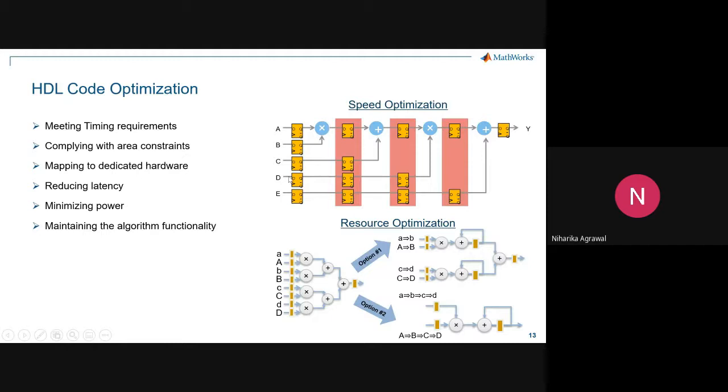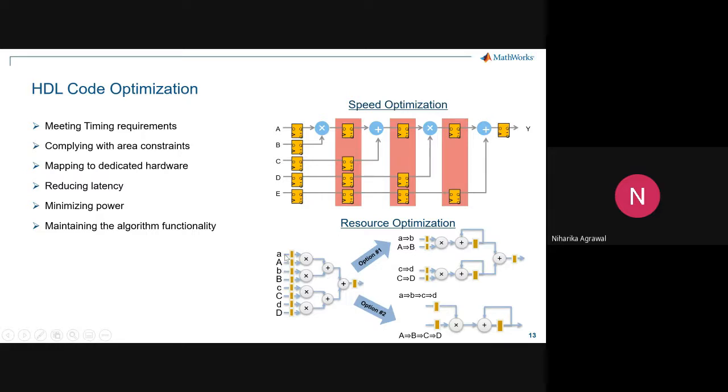If we look at speed optimization and resource optimization, speed optimization is basically the estimate of the critical path delay. The critical path delay is the time of the longest path. If I do speed optimization and the design is using sequential operation, I can do parallel operation instead. I can use pipelining there to optimize my speed. And in the resource optimizations, like here, if I'm using the format,